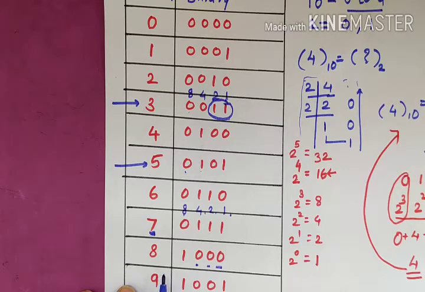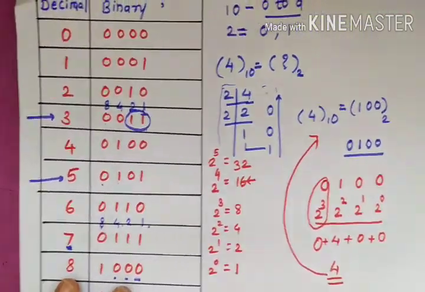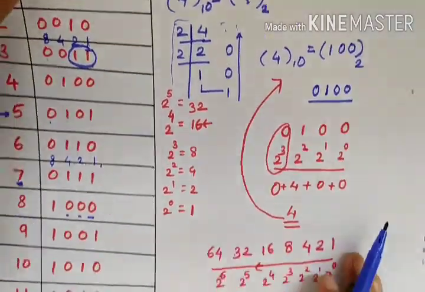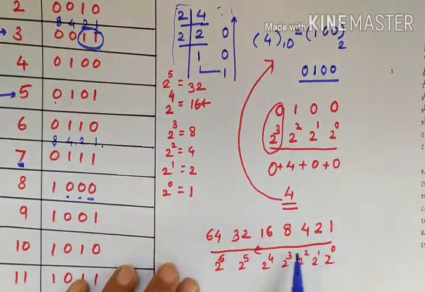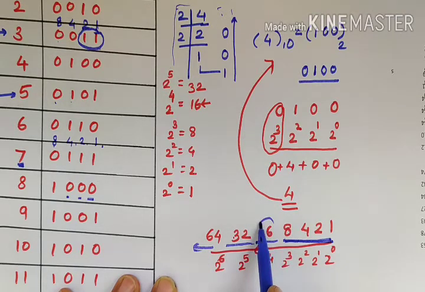In this way you can write any decimal into binary with the help of this 4-bit code 8421, or these are the 5-bit representations. You can increase more than 4-bit. See, this is the 8421 code, we can use it only for 4-bit, but if you have to write a 5-bit representation, then you follow this increased power and their equivalent decimal. Okay,